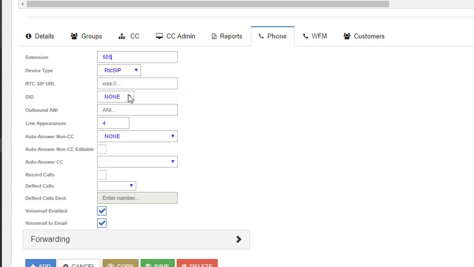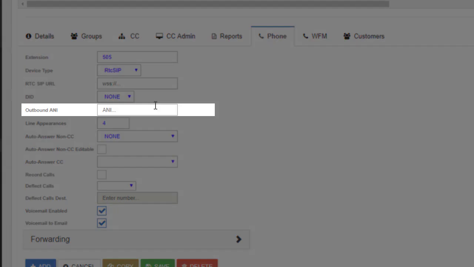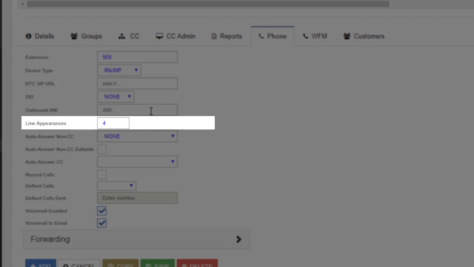The DID dropdown can be used to assign a direct number to the user. We'll leave this set to none. The outbound ANI is used to show a specific caller ID to the person a user is calling. We'll leave this blank. The line appearance is currently defaulted to 4, which will enable users to have more than